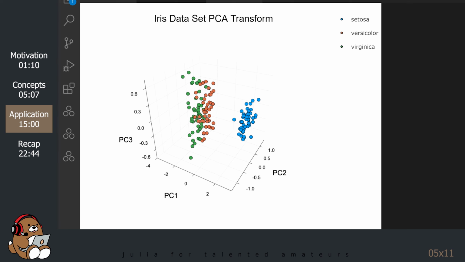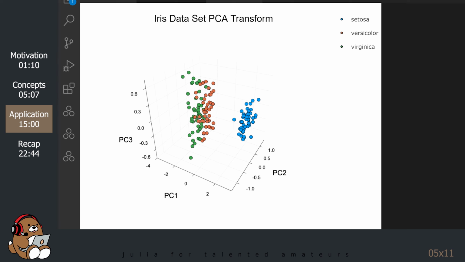What you're looking at is a 3D scatter plot of the iris dataset. It's not 3 of the 4 features of the iris dataset. It's all 4 features that have been projected down from a 4-dimensional space into a 3-dimensional space, which has retained roughly 99.5% of the original information.